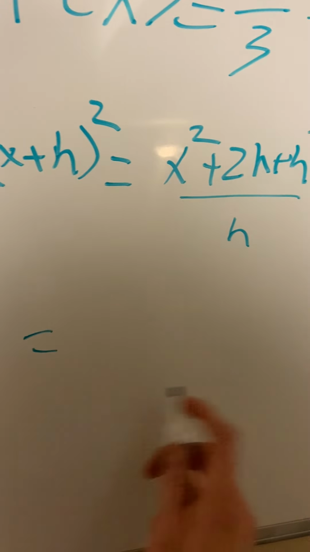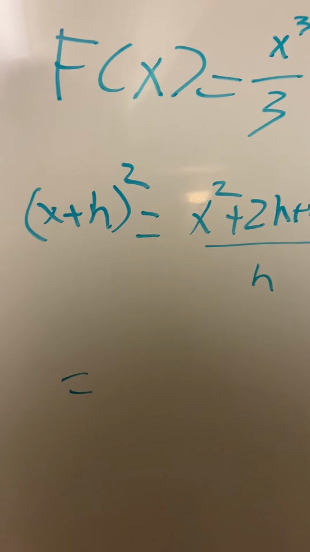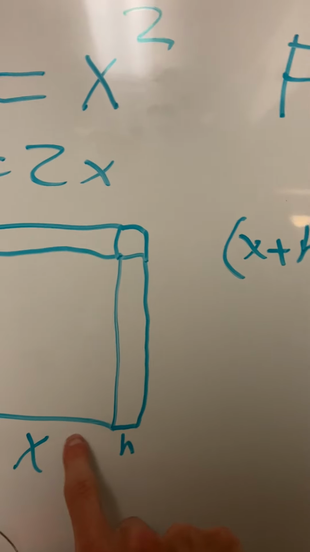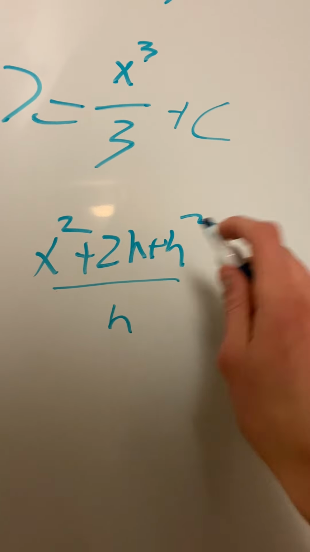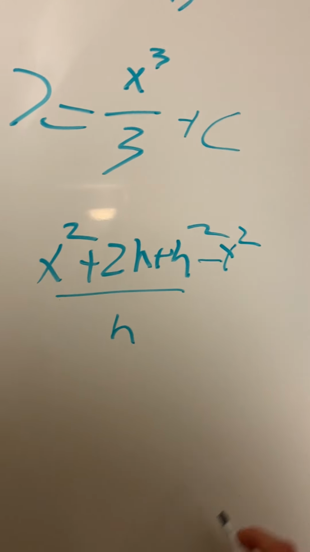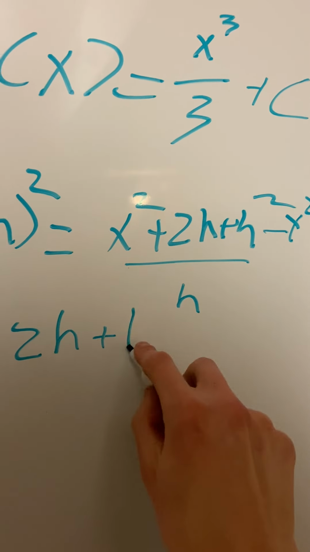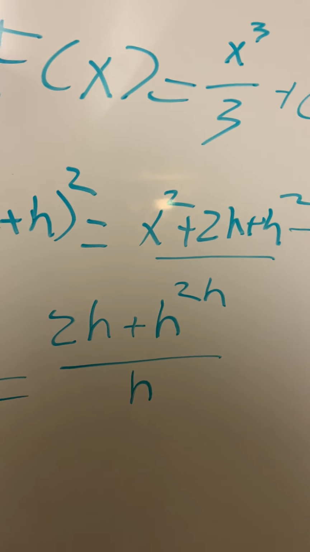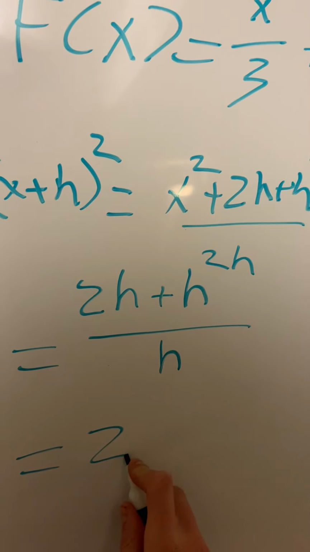Then we want to find the difference, the bit that is added. So then we want to subtract x squared from the top as well. So that gives us 2h plus h squared over h, which is